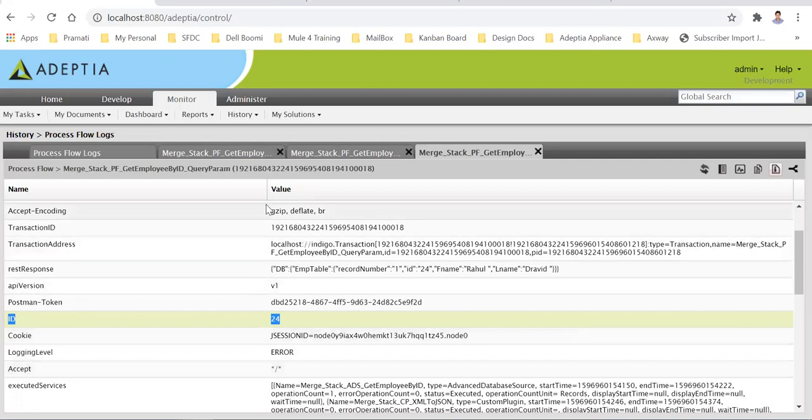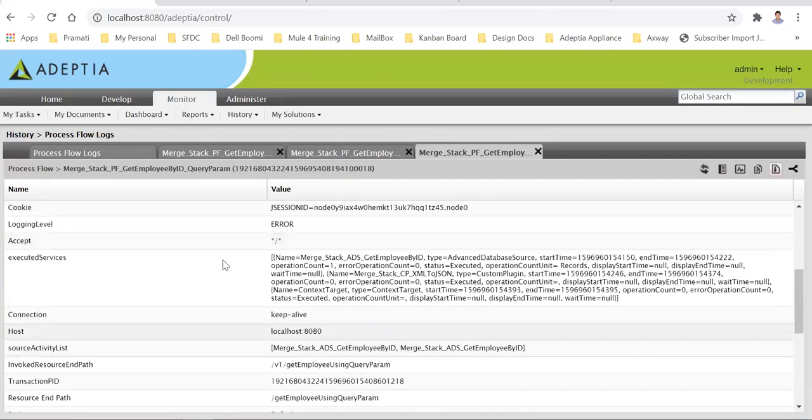So that is what we have seen: how we can convert the XML data into JSON data, and how those variables are getting converted into context variables.